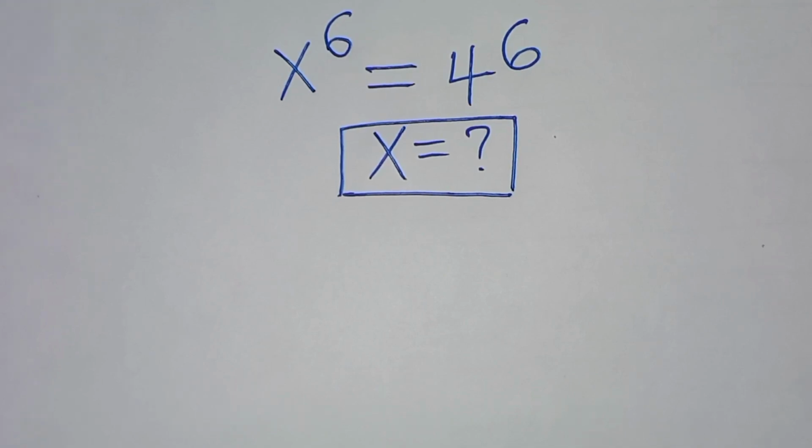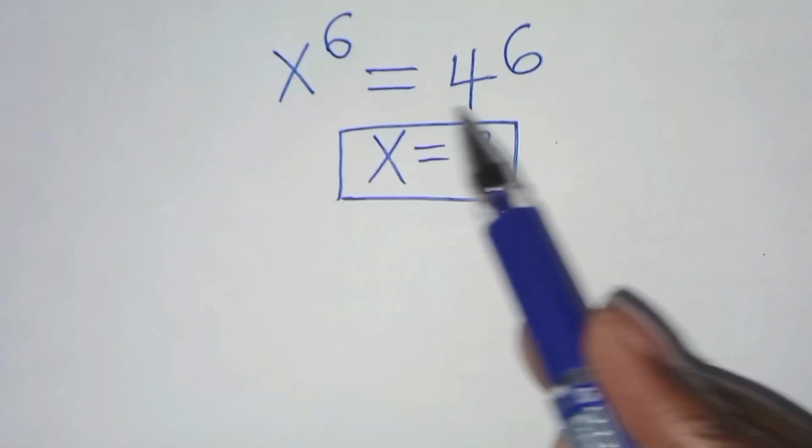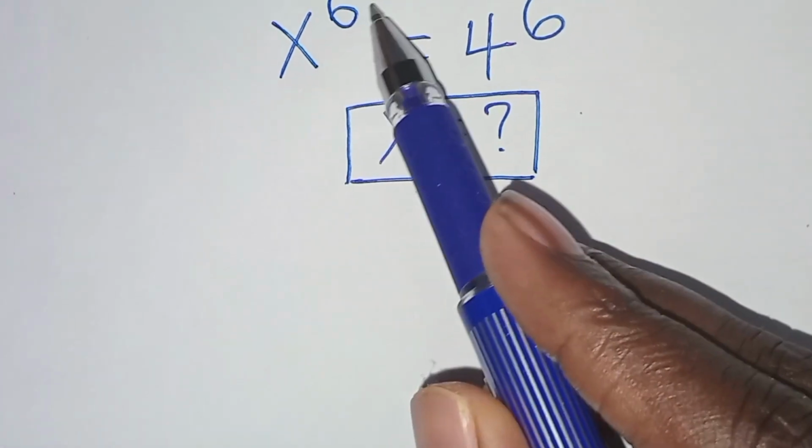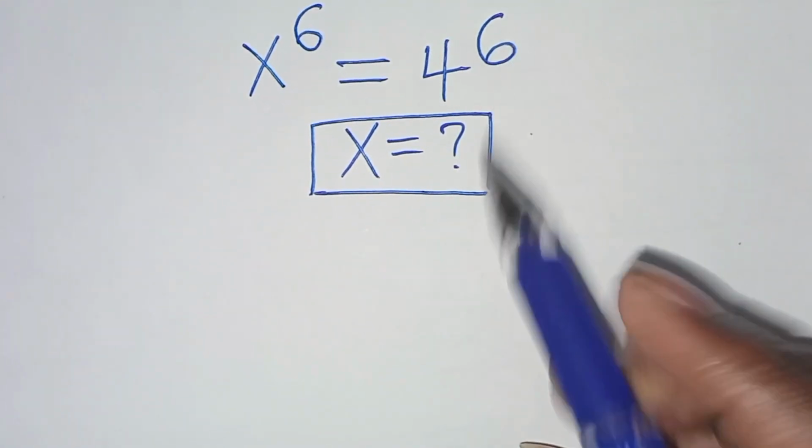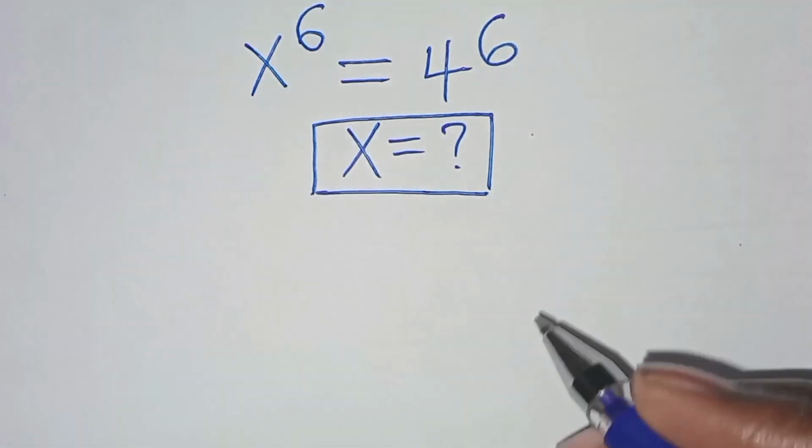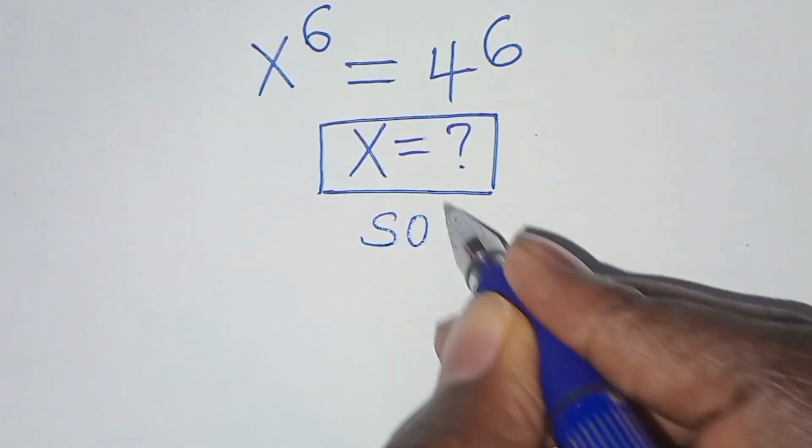Hello everyone, you are welcome to solve this nice exponential equation, which is x to the power 6 equal to 4 to the power 6. What are the values of x? Now, solution from here,